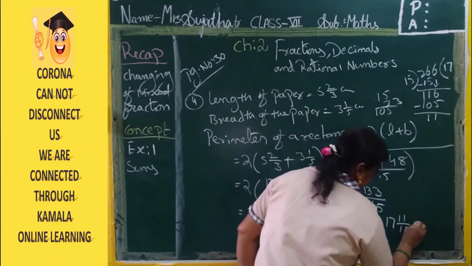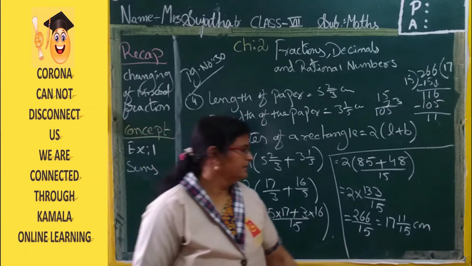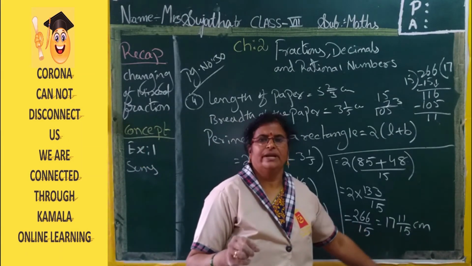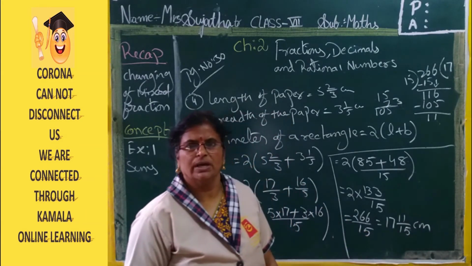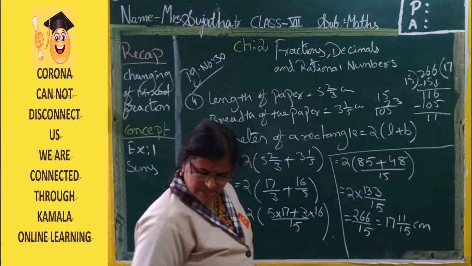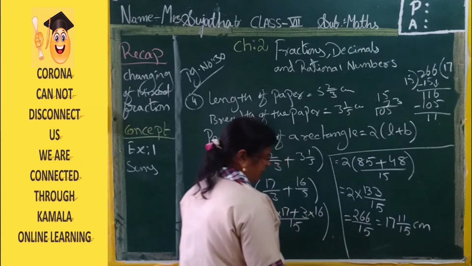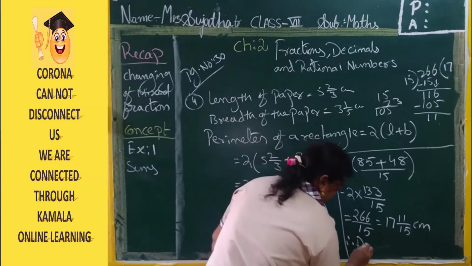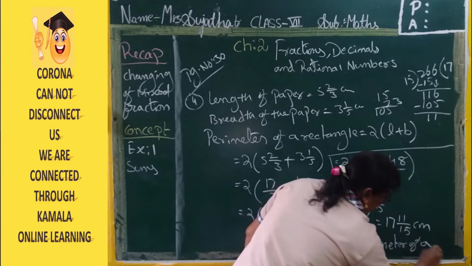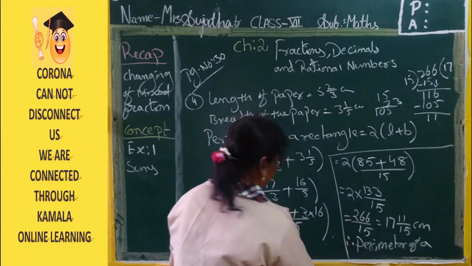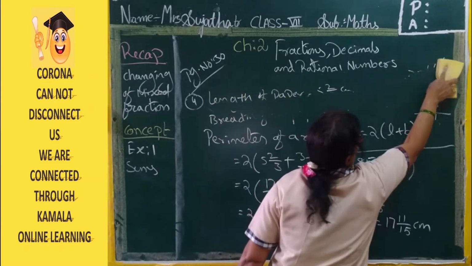What is this? The perimeter is in centimeters. Okay. When you are finding the area, then you write square. When you are finding the perimeter, you just have to write the units only. Don't write square there. Now, therefore we must write. What did we find? We found the perimeter of a sheet. Therefore, the perimeter of a sheet. It is not a sufficient place here, so I will write it up.